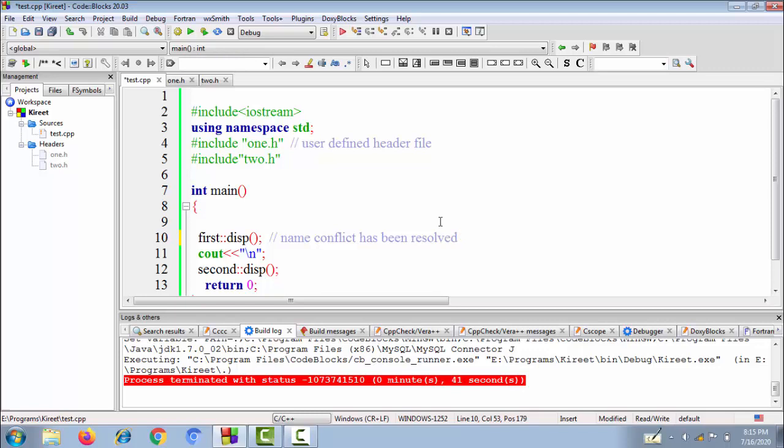If a name conflict has been raised, then you have to tell the compiler, because here the compiler does not know. It is a state of ambiguity for the compiler if there are too many functions of the same name from different modules. So you have to tell the compiler with the help of namespaces. You have to create different namespaces, or different declarative regions, in which you will define the different variables, identifiers or functions, in order to make the compiler call them in a justified way, so that your output will be justified.